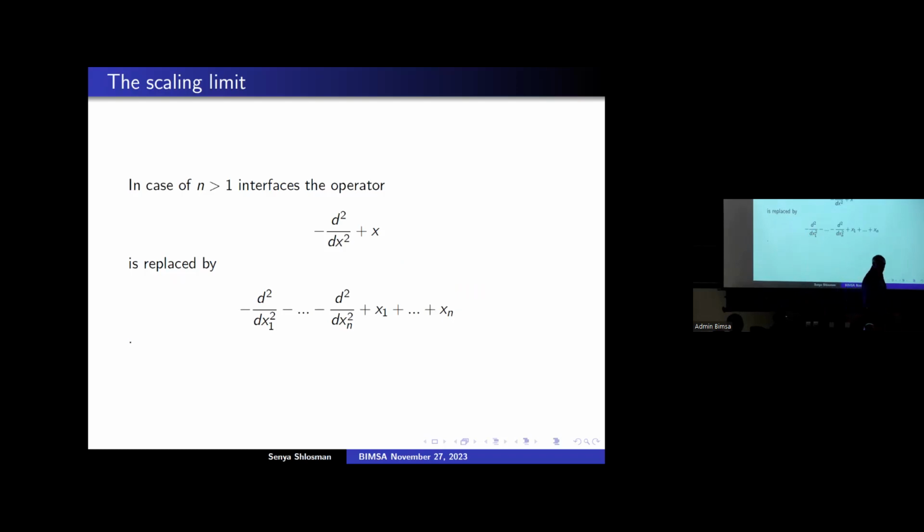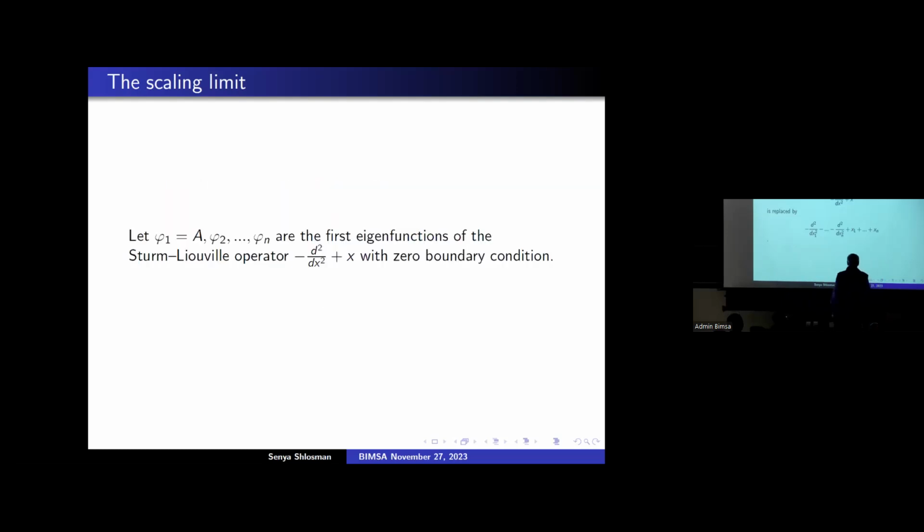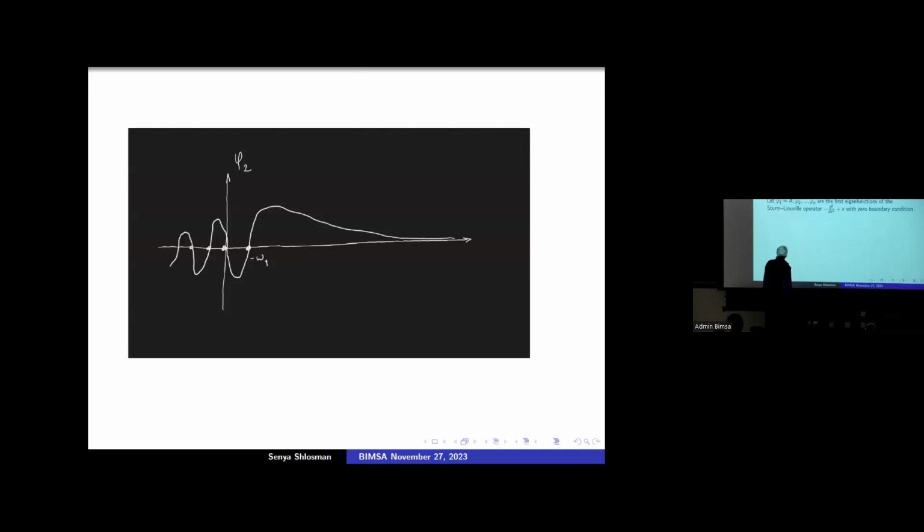And then you also need to know the eigenfunctions of this operator. It's very simple, but you accept that you need to know a box in which you do it. So the simplest box is just, you take... here are the other eigenfunctions of this. I believe the second eigenfunction looks like that. You just shift your Airy function to the second zero and so on. Those are all the eigenfunctions of this operator.